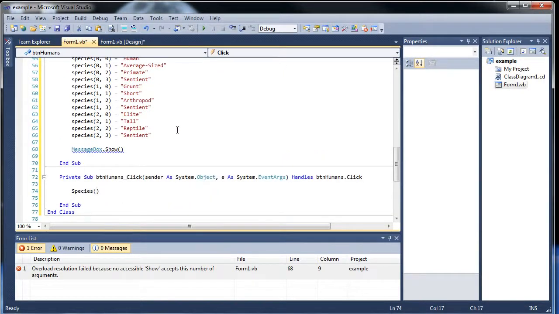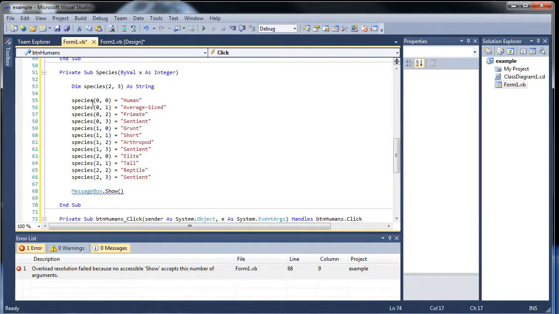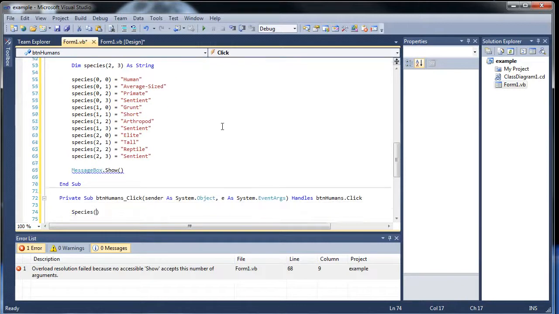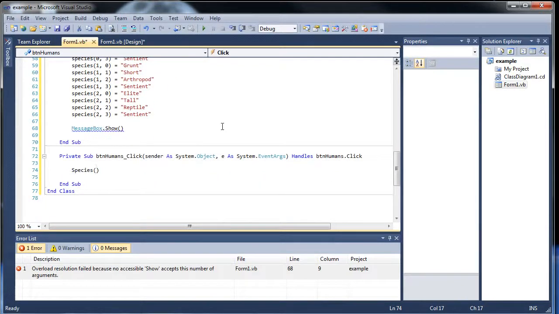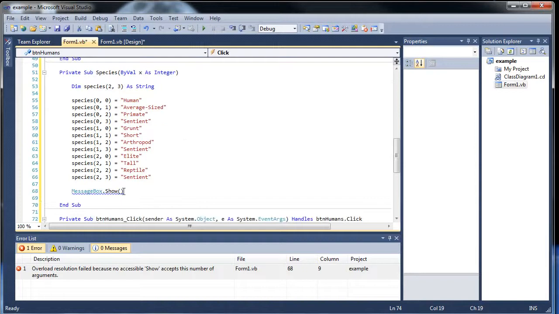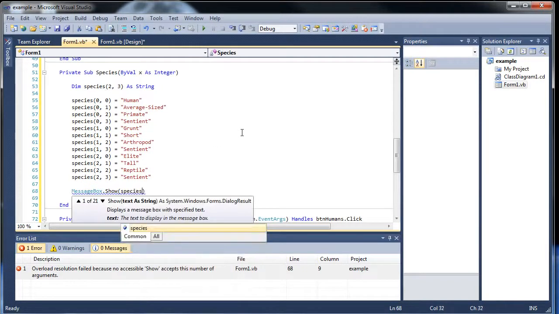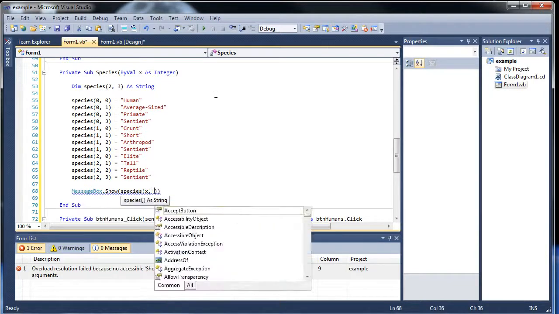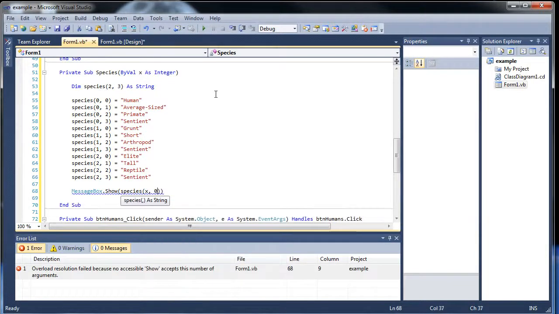So if we're doing humans, notice how all the human elements have 0 next to them. So I want to pass in 0, the number 0 basically. And so the number 0 will be passed in here, and then what we can do for messagebox.show is we can print species, and then in there, type in whatever this number x here, because that x will be 0. So x, and then the first one 0,